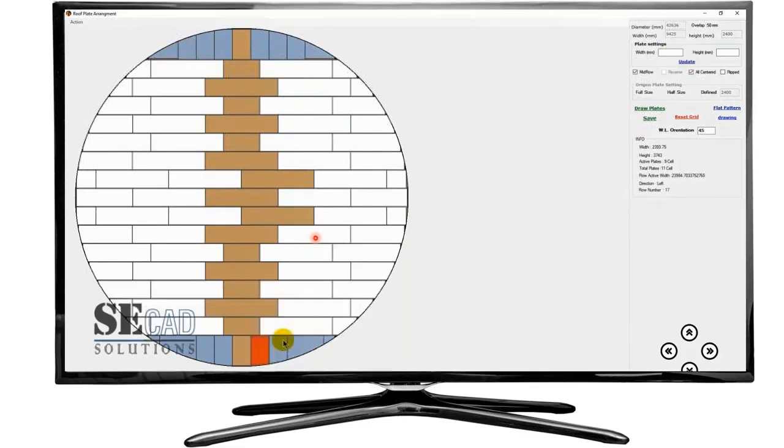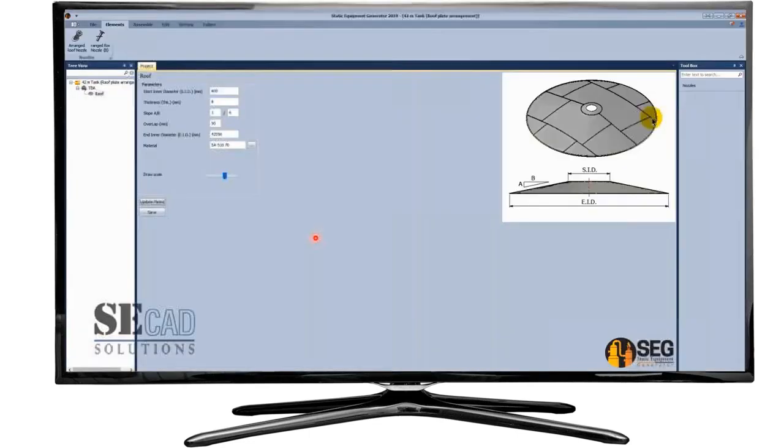And after that, you will send this information to Autodesk Inventor to create it easily. All of that information is saved in your project. Anytime, you have the ability to modify and edit it. Okay, now we will make some adjustment for plates like this, and change the orientation, and from here we will